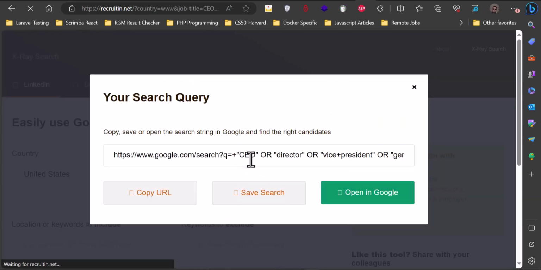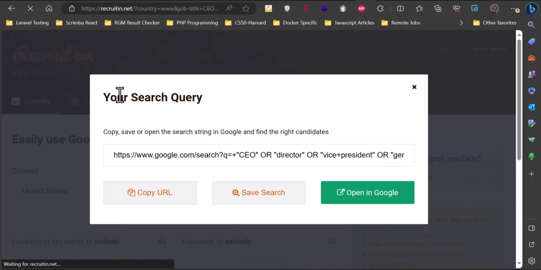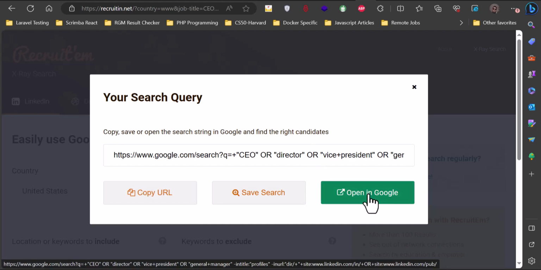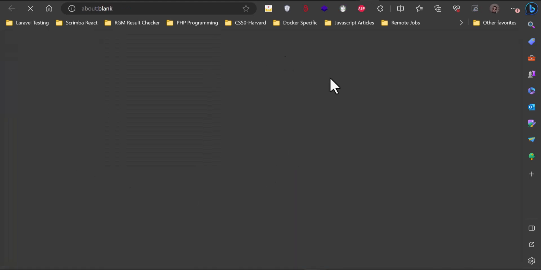So once I do that, now this is going to return with a search query, and as you can see, it says copy, save, or open the search string in Google and find the right candidate. So that's exactly what you need to do. You're going to go ahead and either click on copy URL, or you click on open in Google. So I'm just going to click on open in Google, and it's automatically going to open that particular search using